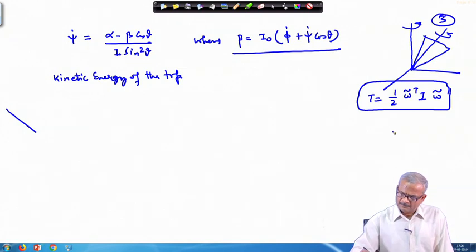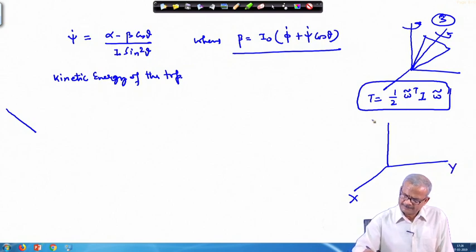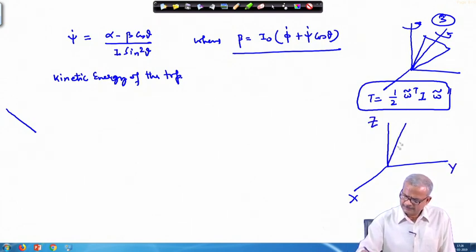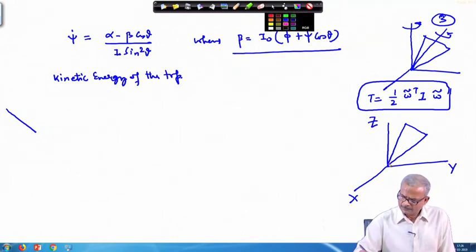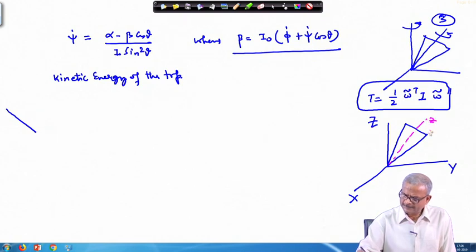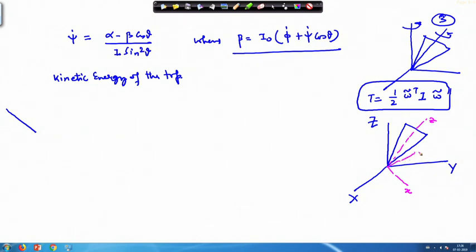So, this is your capital X, capital Y direction, this is capital Z direction. This is small z axis and this is the small x axis and this is the y axis. So, z and y are perpendicular to each other, while z and x are inclined. How are they inclined? This is capital Z and this is your x, this is a small z. Already on the previous page I have shown it.